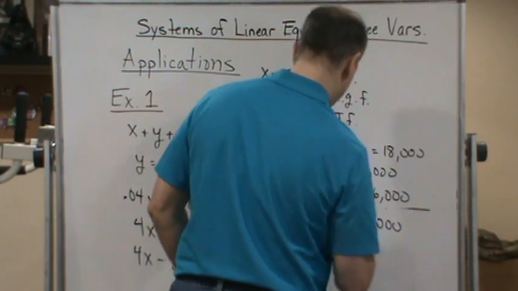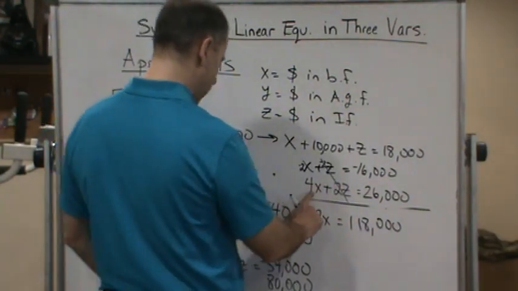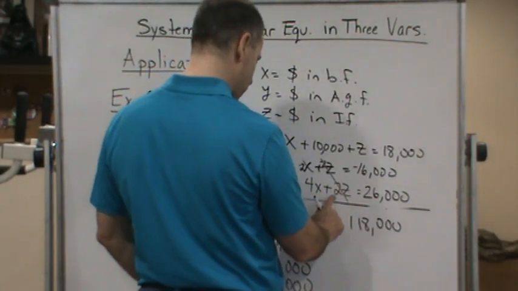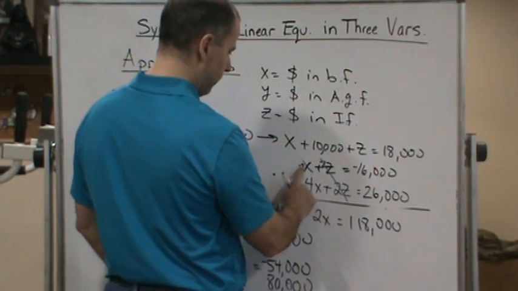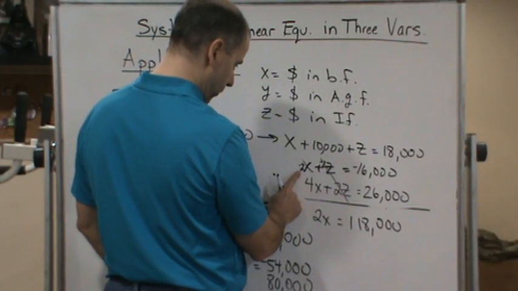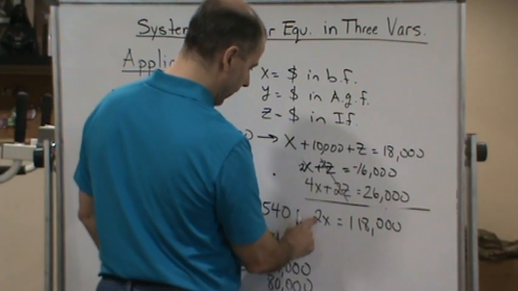There we go. Okay, now it makes sense. So we get 4x plus 2z equals 26,000. Now we multiply the top equation by negative 2, and then the z's drop out, and we get